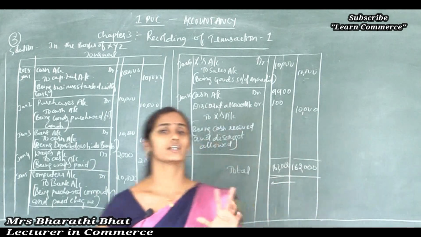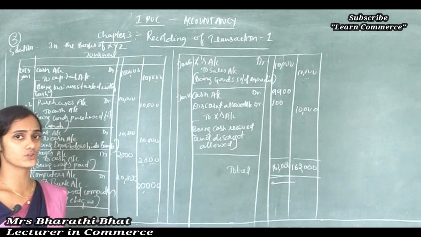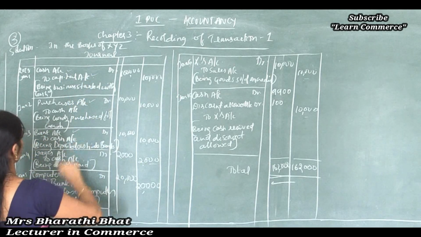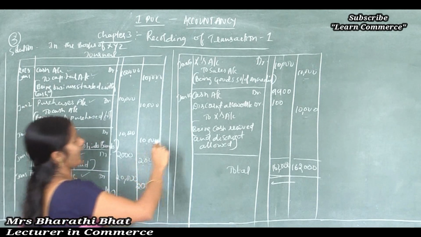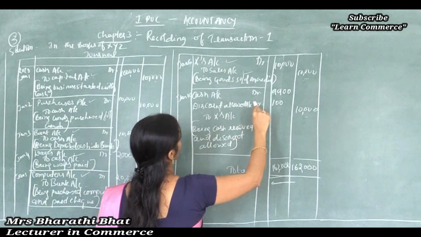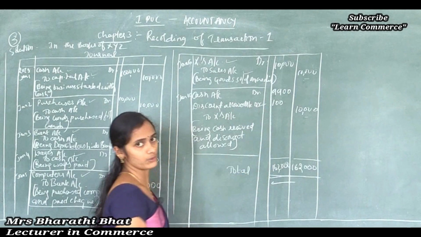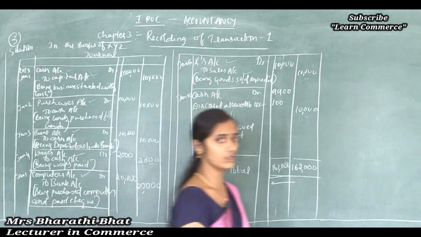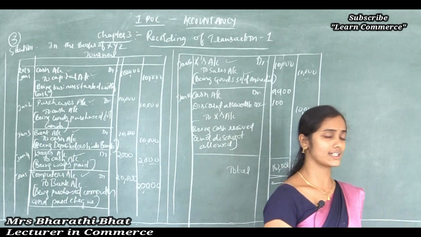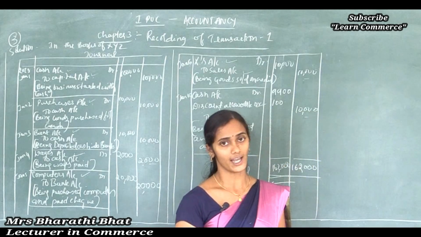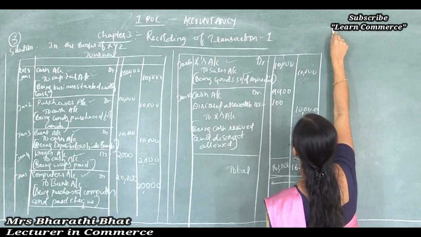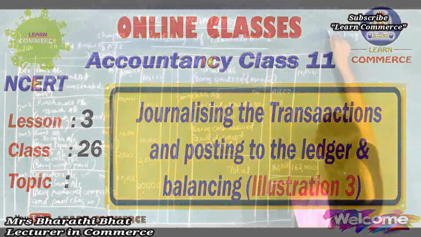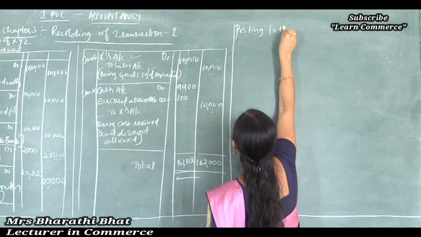So just see here how many individual accounts we need to prepare. One is cash, another one is capital, purchase, bank, wages, computer, and afterwards X, sales account, and one more, discount allowed account. Clear, right? So 1, 2, 3, 4, 5, 6, 7 and 8 accounts we need to prepare. That is to know the net result of the different individual accounts. So let's begin posting to the ledger. It's the next part, posting to the ledger.